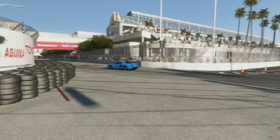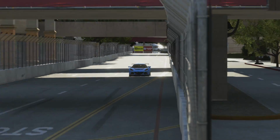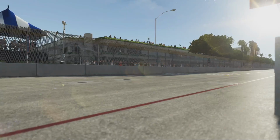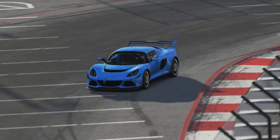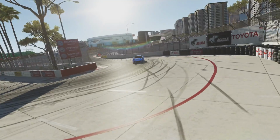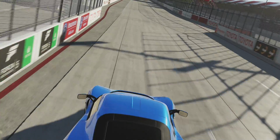and in the actual turns themselves, there wasn't as much overall grip again as I was thinking I was going to get from the car. When you tried to carry corner speed, you ended up getting a little bit of understeer to start with, and then the minute you tried to go anywhere near the throttle, you got a huge amount of oversteer, as you will see me demonstrating through here. There wasn't the cornering speed there, much like the Evo 8 that I drove last week. There wasn't quite the turn-in with this car, and then there was still the oversteer on the exit,